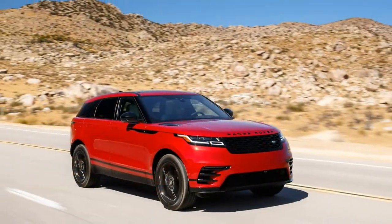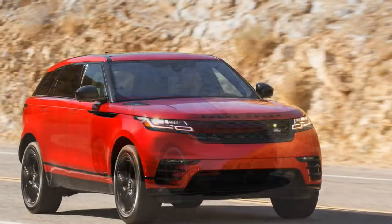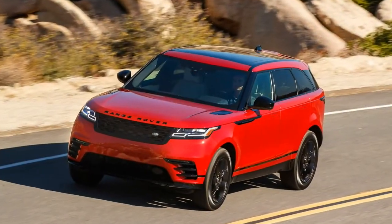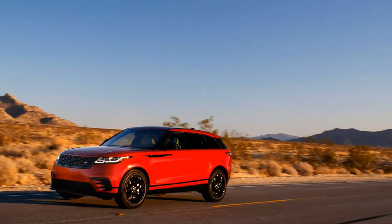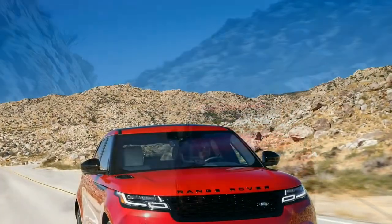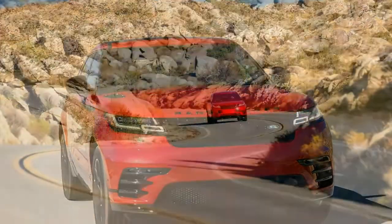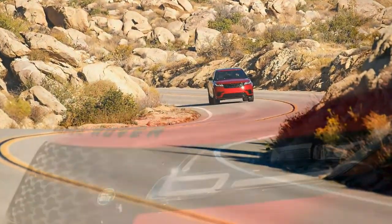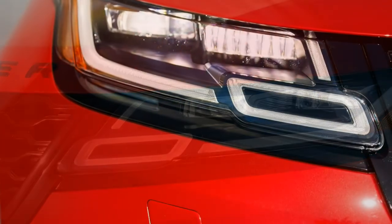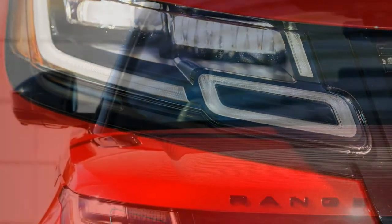Before we translate the dating site blurb into features, capabilities, and dynamics, let's examine under the beautifully formed aluminum exterior and leather interior. Beneath the Velar's sleek, curved bonnet you'll find Land Rover's 247 horsepower, 2.0-liter Ingenium turbocharged four-cylinder engine, which drives all four wheels via a polished ZF 8-speed transmission, enabling 0-60 miles per hour runs of just 6.4 seconds,